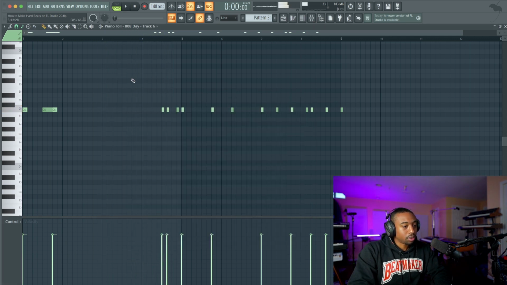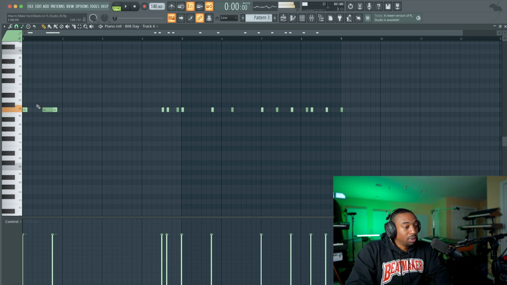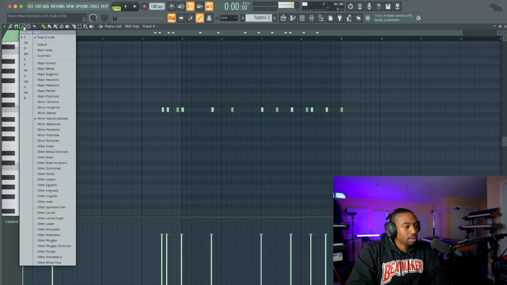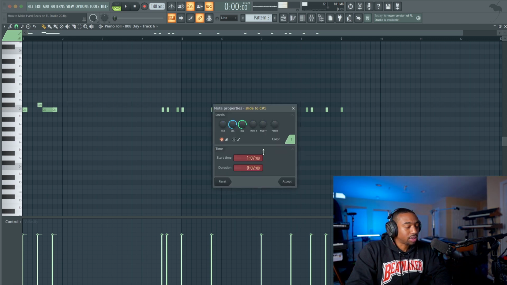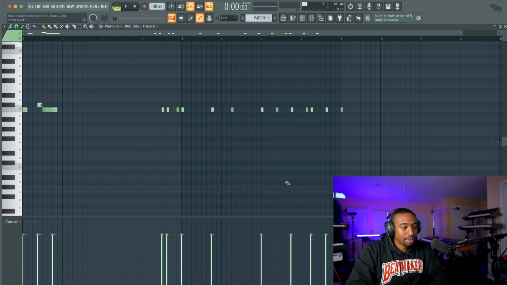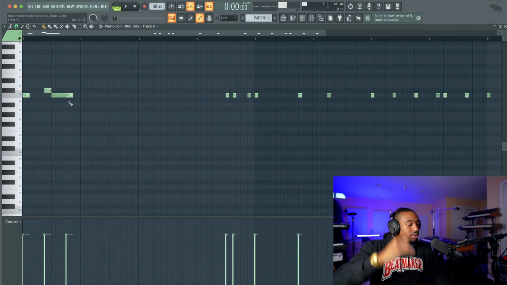Okay, now let's add a little more character to the 808. I'm not going to go through everything about everything right now. But to make your beat a little bit harder, what we could do is take off the snap to scale mode. Okay, and then you could add a half step and just double click and add what's called a slide note icon. And it will slide the pitch of the 808 up a half step. These are little subconscious things that are happening to the 808 that people don't know, but it latches more to the bass.